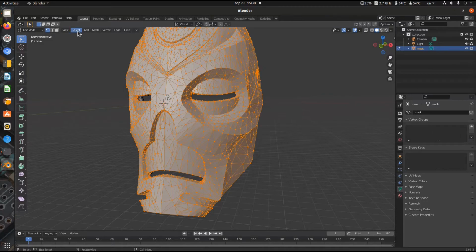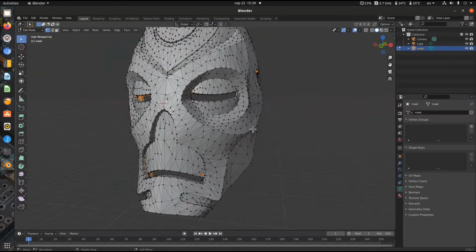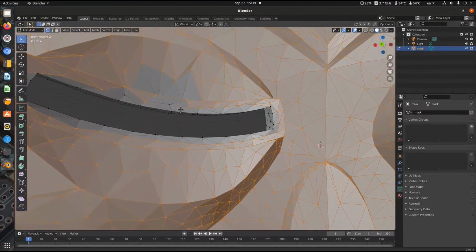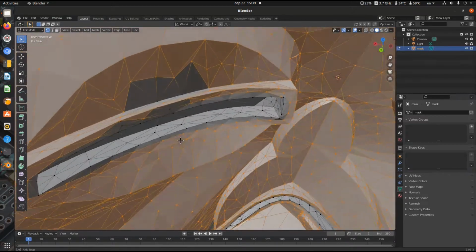I'm pressing select and then invert. And again I need to select a few more vertices.